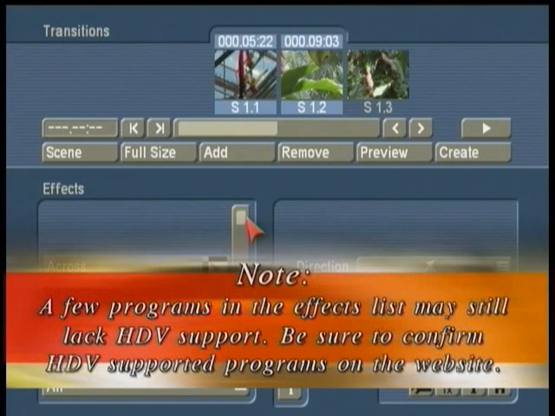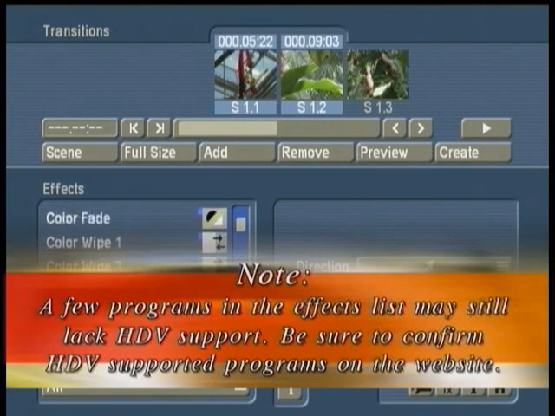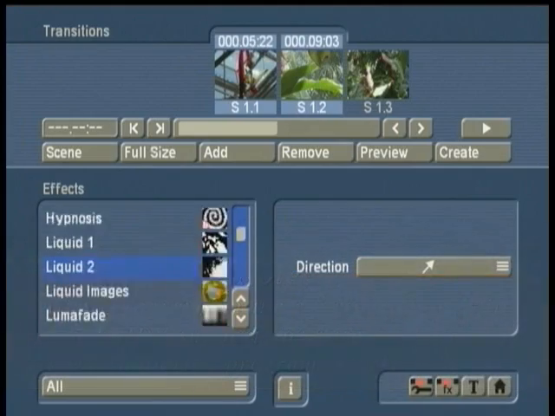Maybe the easiest way to tell which effects are available to you in the HDV mode is right in front of us here, and that's right in our effects screen. The developers only give us access to those particular effects